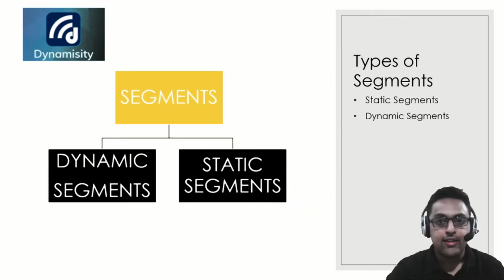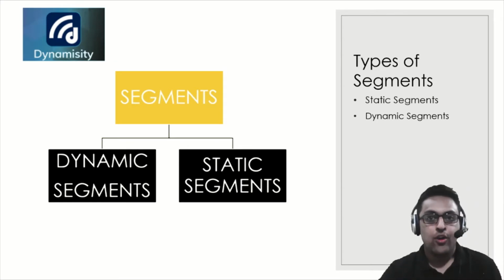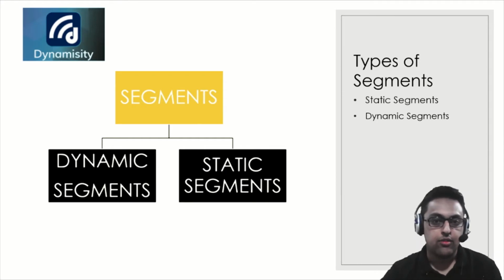Now we will look at the categorization of segments. There are basically two kinds of segments that you can do. One is a dynamic segment and another is a static segment. Let's quickly try to understand both of these. Alright, so let's understand when we'll use which one. Dynamic segments, as the name suggests, use logical expressions. One example of a dynamic segment can be all the contacts in New York, I am targeting them for a sale and sending out a marketing email.